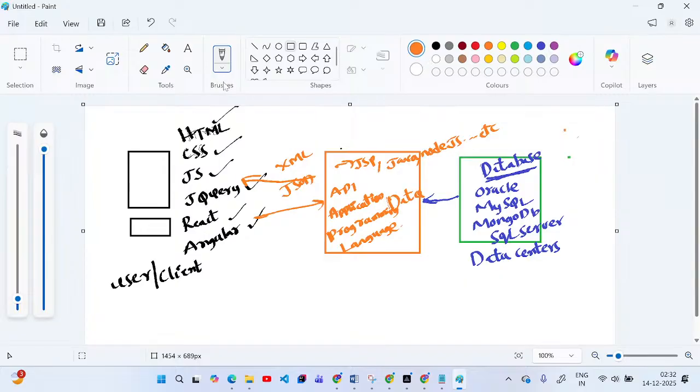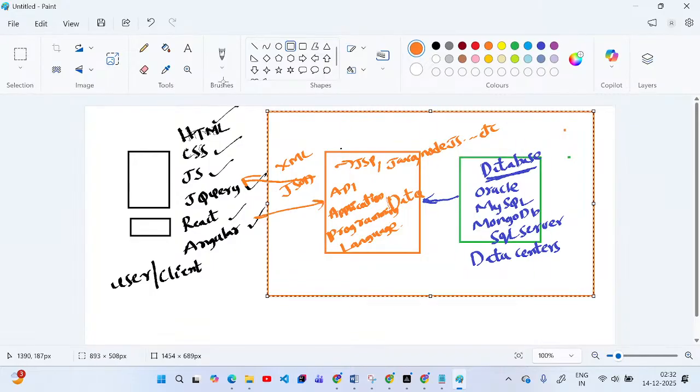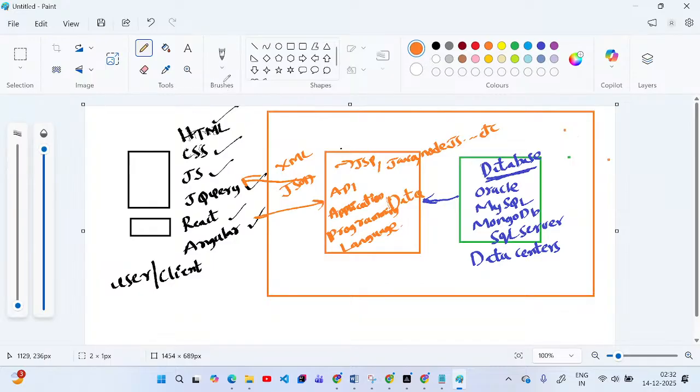This complete entire structure is called backend. The entire structure is called backend. This is backend,